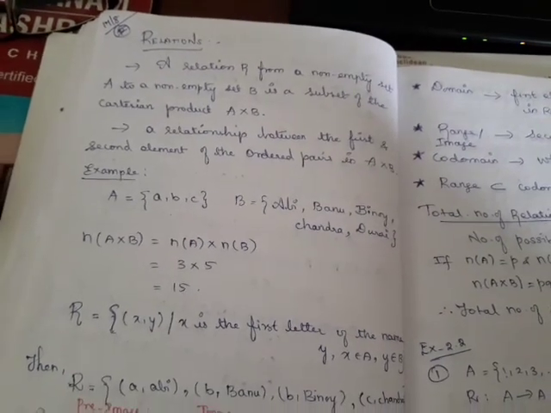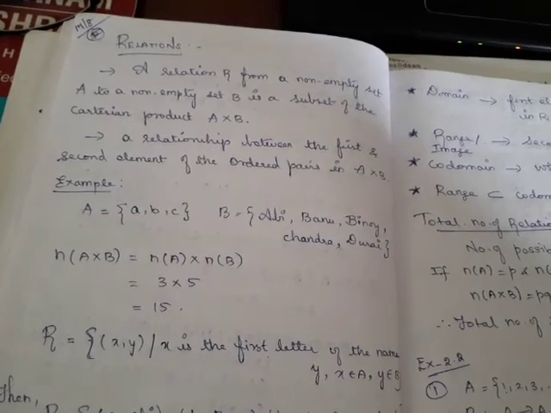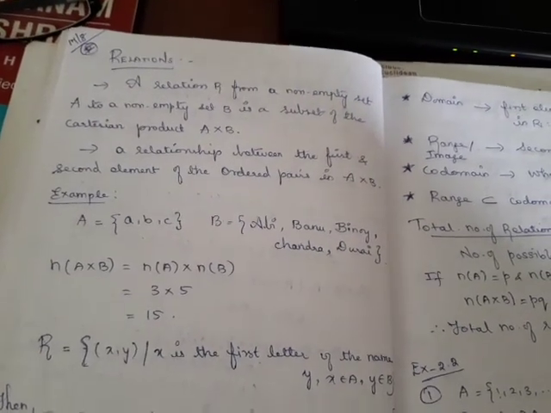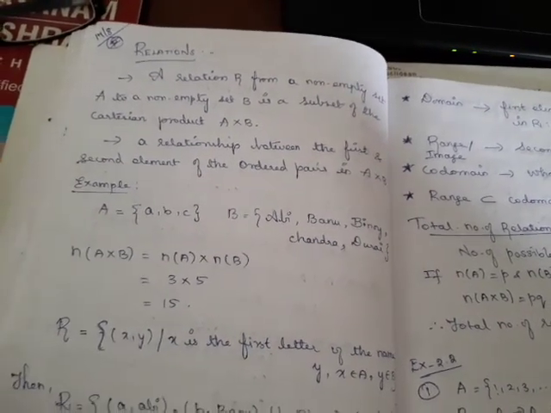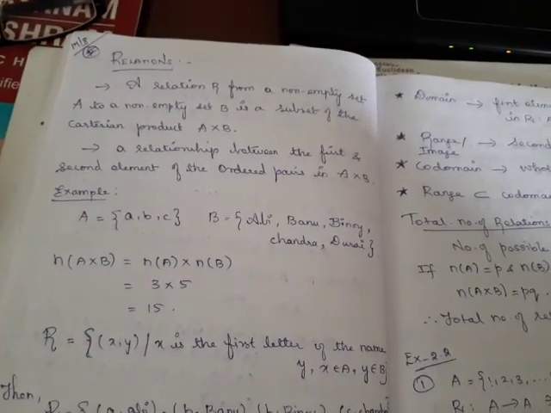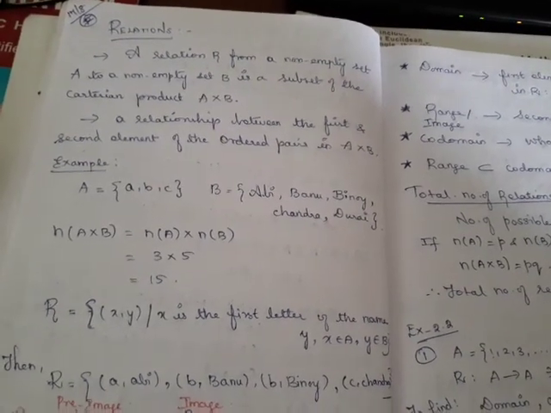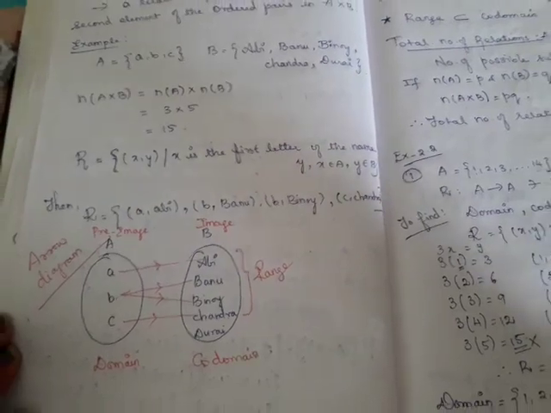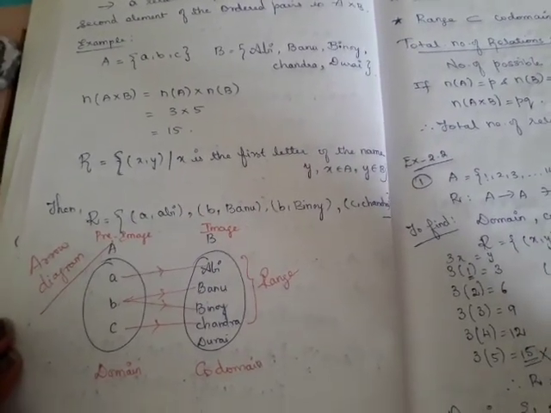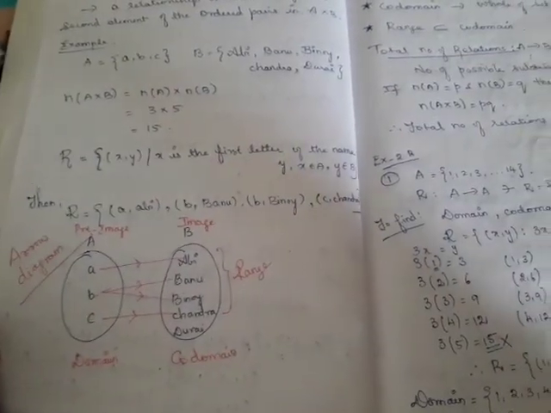What is meant by relation? A relation is a subset of Cartesian product. Any subset of Cartesian product, we will call it a relation, and we will define it from a set to another set or else a set on itself, right? So what is a relation? Relation is a subset of a Cartesian product. Then we have seen how we can express the relation between two sets diagrammatically and also algebraically, right?